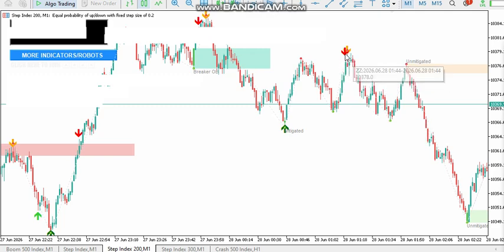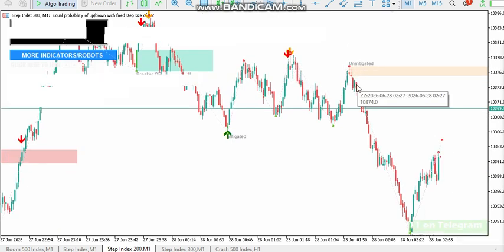You can see now after we have the downtrend, what we are going to be waiting for is our unmitigated level for the downtrend. Then we are going to be watching how it's going to appear here. You can see it's aligned with our red arrow here. As we all know, this red arrow does not reprint. Once it appears, it stays permanently, guys. So you can see our mitigated level appear at this particular level, and it's aligned with our arrow here,